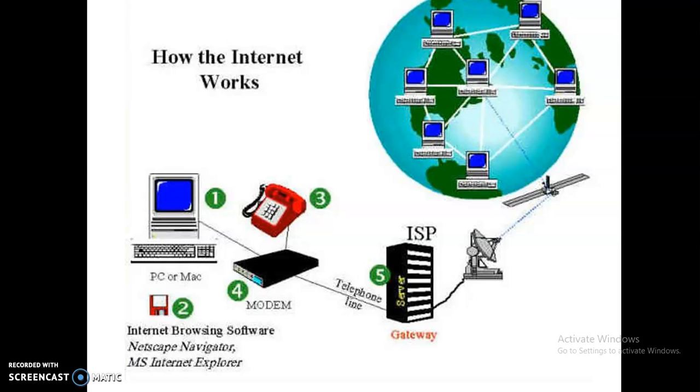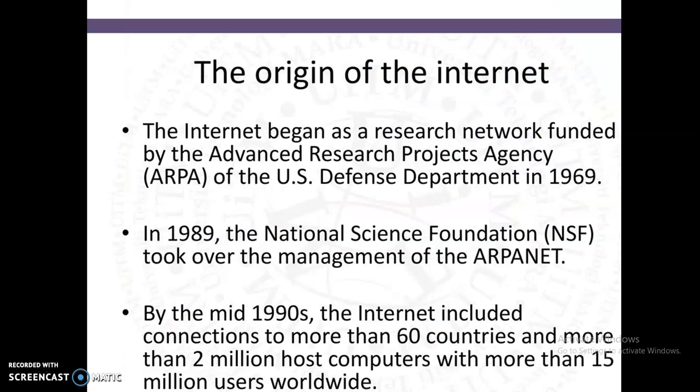The fourth one is the modem, and then the ISP, internet service provider. In India, you can have a lot of ISP providers, for example BSNL, Vodafone, Airtel, Jio. And then the satellite network. So these are all connected to the ISP providers, which are connected to the satellites. The ISP provider is the gateway here. By use of the ISP providers only, we can share our data, mails, and everything nowadays. So this is the basics of how the internet works in today's world.